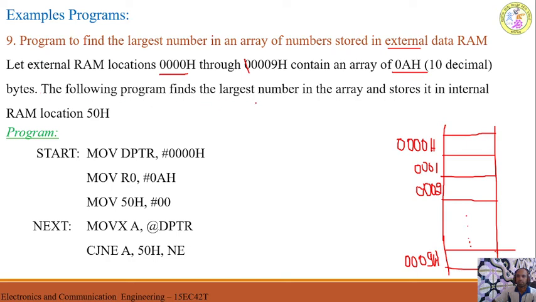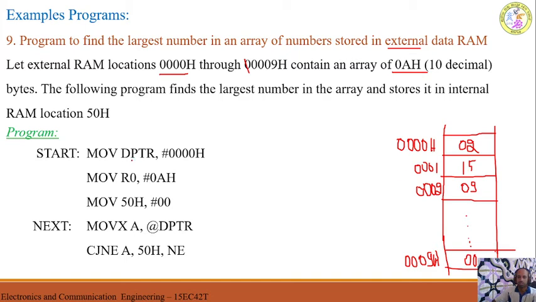Now the following program finds the largest number in an array of the internal RAM location. Now for example, I shall assume that the data available here will be something like this: 02, this is 15, and this is 09, and so on. This is 00. Whatever it may be, some numbers I will take. I want to find out of these 10 numbers which is the largest number.